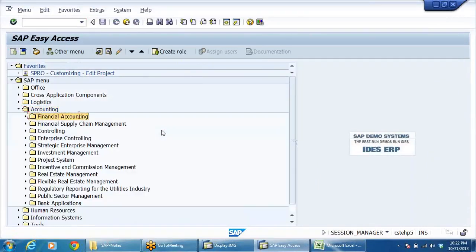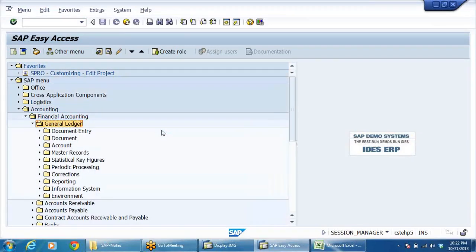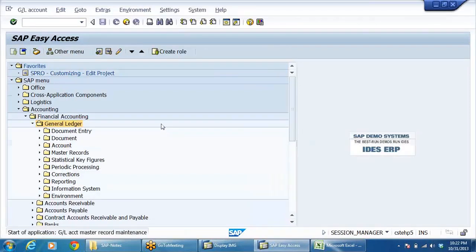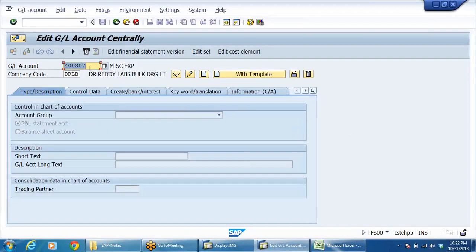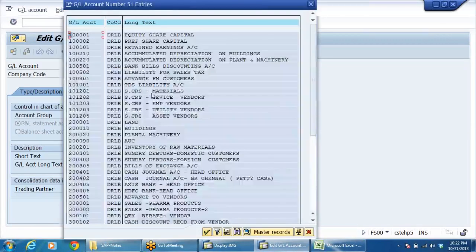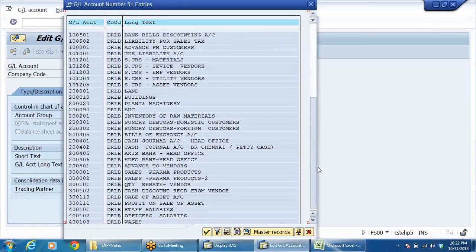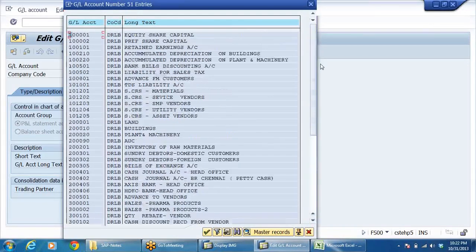Now, if you want to check, go to FS00. Here DRLB, right? See, for DRLB we have so many GL accounts. All these are GL accounts that are created already.